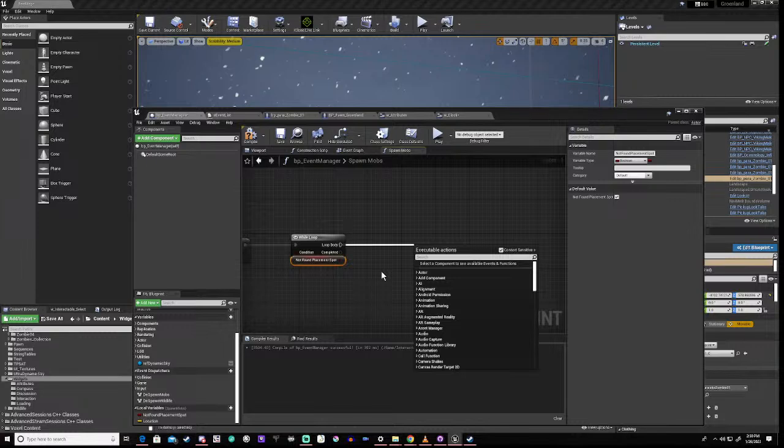Right? And then we're going to check if that random spot can see the player. If it can see the player, then we're not going to spawn there, because that means that the player can see them. Okay? Which means that the player would see them spawning in. Okay? Which is unacceptable. Okay? So,